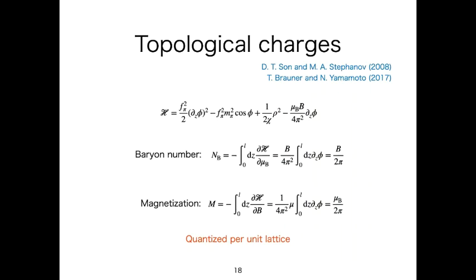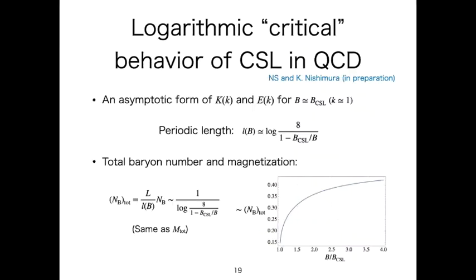So in this case, one soliton has quantized baryon number or magnetization for each. Yeah, so these are the topological quantity in this ground state. Okay, then now we can discuss the